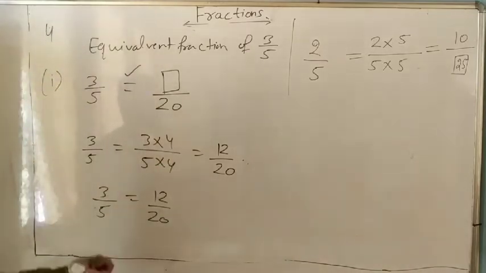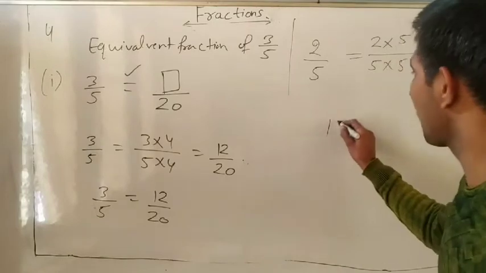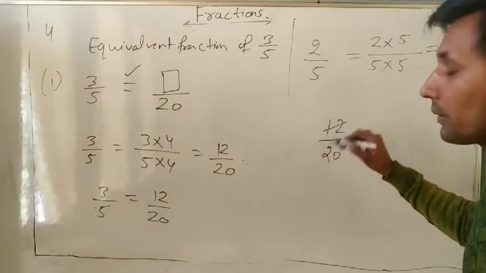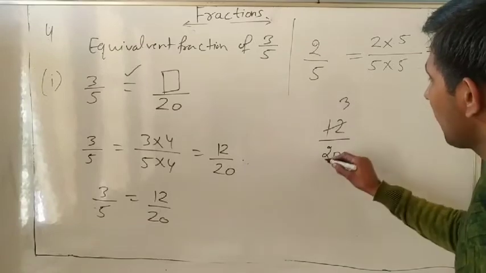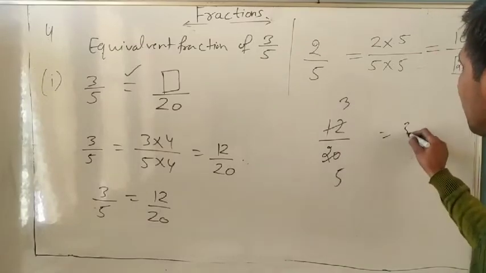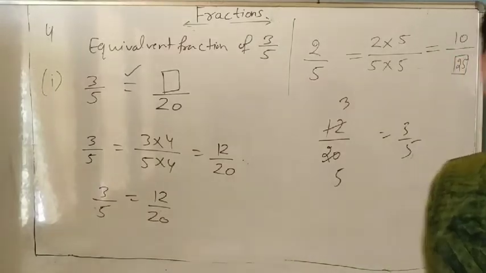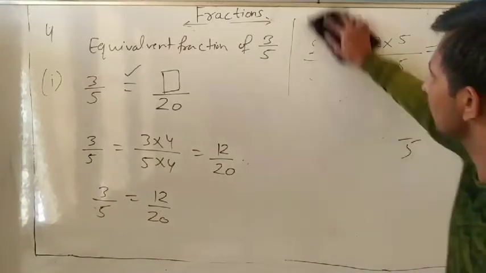Yes, they are equivalent. You can check: 12 divided by 20, cut by 4. 4 threes are 12, 4 fives are 20. What do we get? 3 upon 5. Again you get 3 upon 5, which means they are equivalent. Okay. Next is